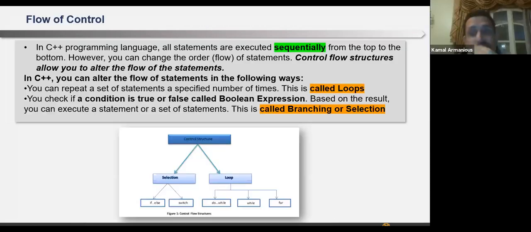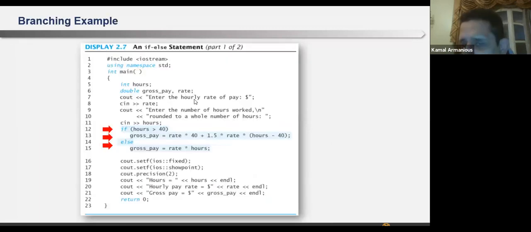Okay, flow of control. So what's flow of control? Flow of control, as the name implies, means the execution of the C++ statements in the program.